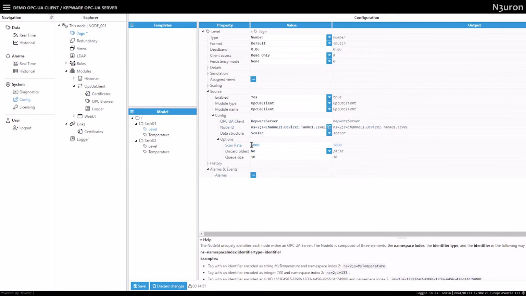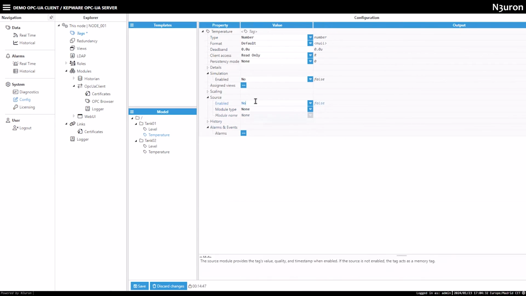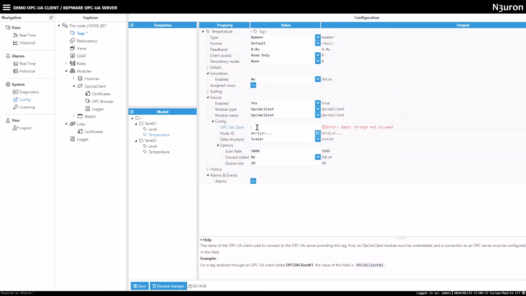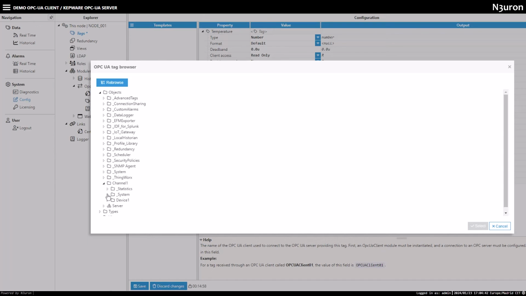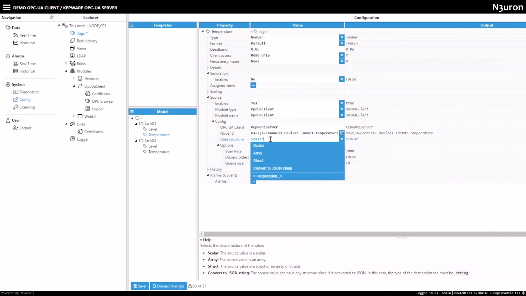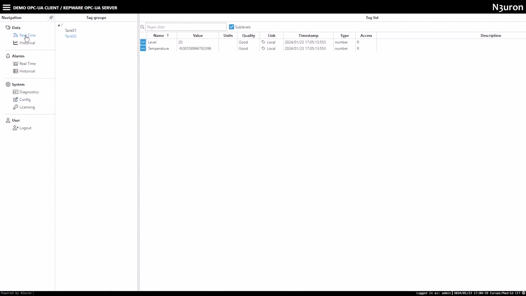Repeat the same process for the temperature tag. Once I've configured these settings, I'll move over to the Data section and hop into the Real-Time tab.